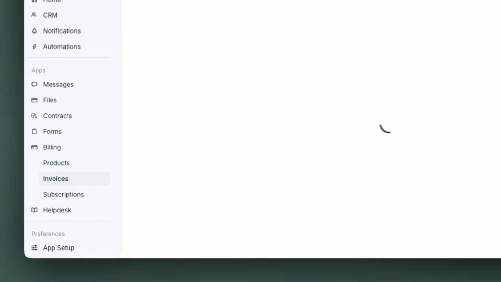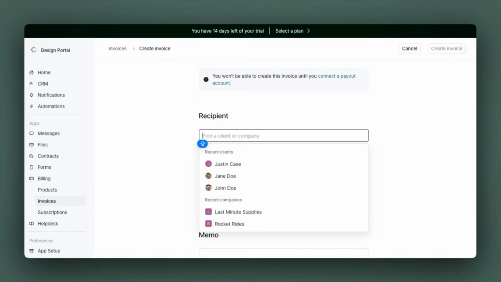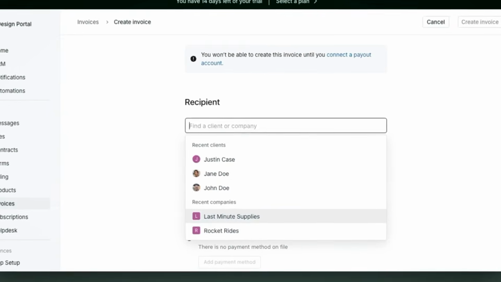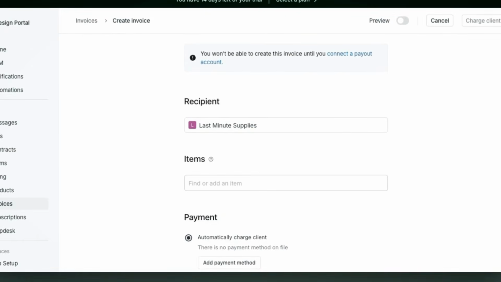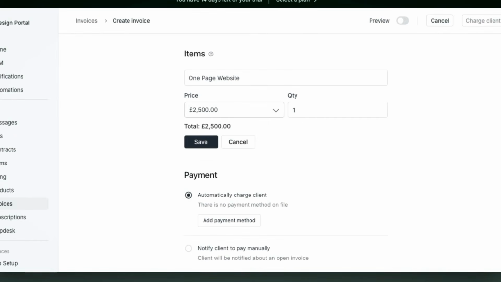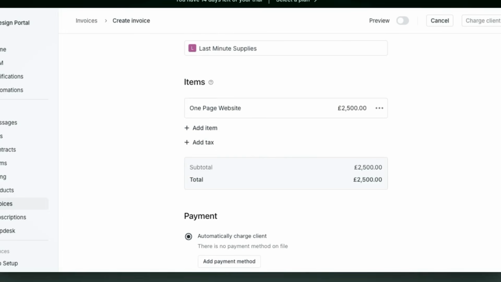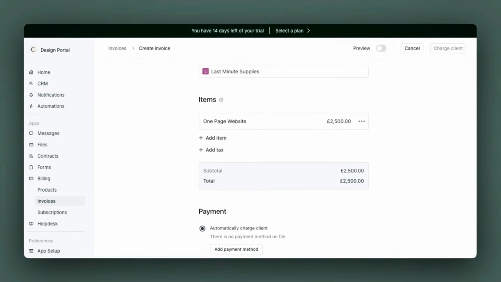And then under invoices, this is where you can send an invoice. So you would create an invoice, you would choose who you are sending it to. And again, you could choose company level or client. So I could send this to last minute supplies. When I go to items, I would select the item. So it would be one page website. And you'll see here, I've got the price. But again, I can add a new price if it's specific to this client or company. Hit save. And you can see here, I could add multiple items. I can add